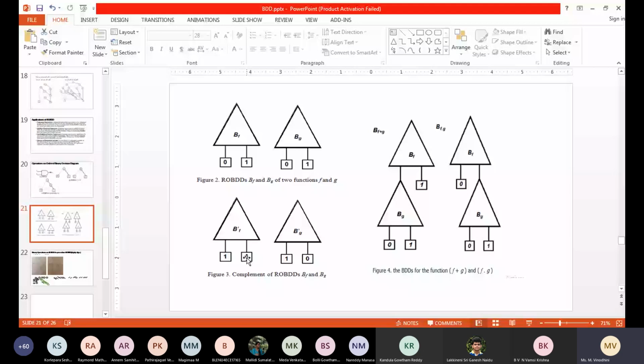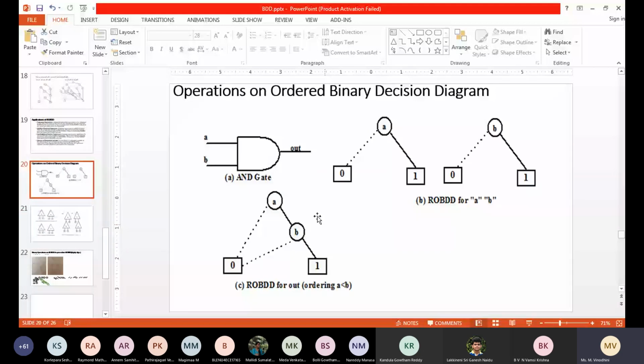Next, how do you find the complemented diagram? Redraw it once again. The only change is in the leaf nodes. Actually there will be 2 leaf nodes in a reduced BDD, you all know, 0 and 1. Wherever you have 0, replace it with 1, and wherever you have 1, replace it with 0. Clear? Suppose this is the ROBDD of an AND gate. If I'm asking you to draw the ROBDD of a NAND gate, what change will you make in this diagram?